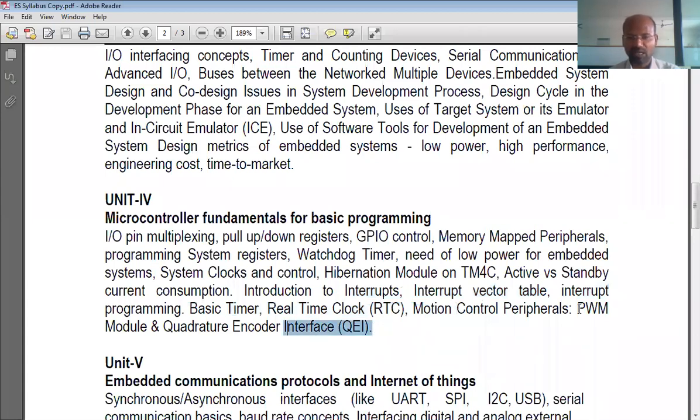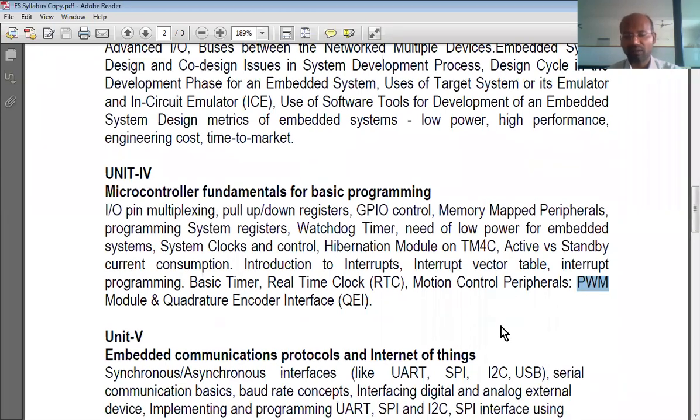Okay, pulse width modulation is a very powerful tool. In earlier microcontrollers, this feature was absent. This hardware was absent in the earlier microcontrollers, whereas today it is a very common hardware. It is present in almost all microcontrollers. Today, advanced microcontrollers or even basic microcontrollers that are manufactured do contain this PWM hardware, right?